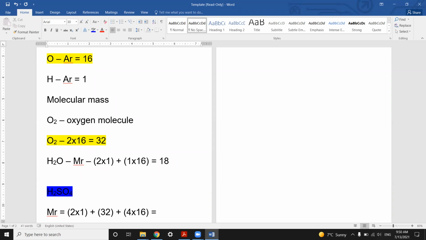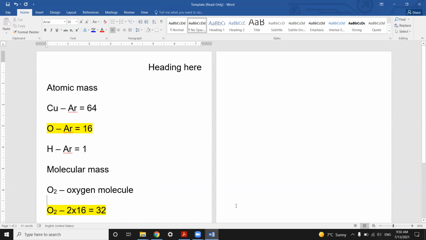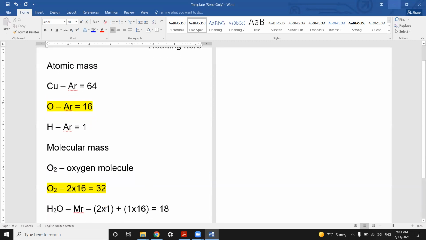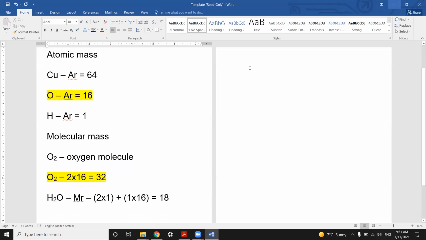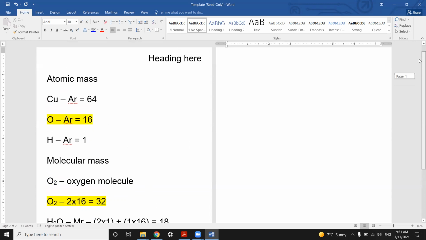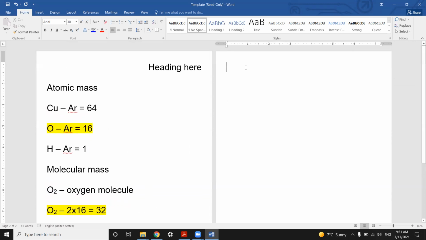I don't have an answer with me. Can anyone just shout it out quickly? 98. Does that sound right to everybody? Yes, sir. Good. Excellent. So that's basically as straightforward as it can be. The only time it can be confusing is when you have these things with brackets. So I'll show you an example where a formula has brackets inside it. I purposely didn't do this with the core students because it gets very confusing. But if we look at something like this,